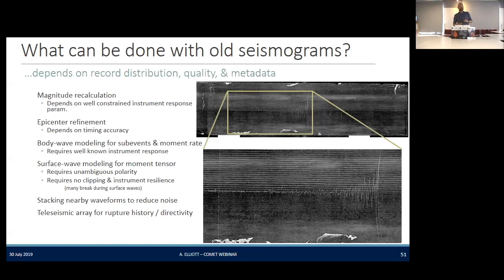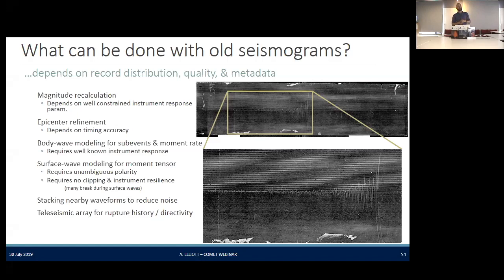Depending on what details you have, these are the sorts of things you can do with the old seismograms. So magnitude recalculation is relatively simple. You just need the record and you can measure the amplitude and stuff like that. You do need to understand the instrument response parameters, but those are generally cataloged in most places. Refining the epicenter depends on picking phase arrivals, and that depends on the accuracy of the timing of the various instruments. Some of the instruments don't have well-reported time offsets, and so this can be problematic, although, again, each of these things sort of whittles off the number of records that are useful out of all the ones